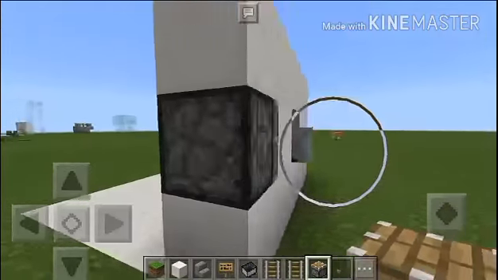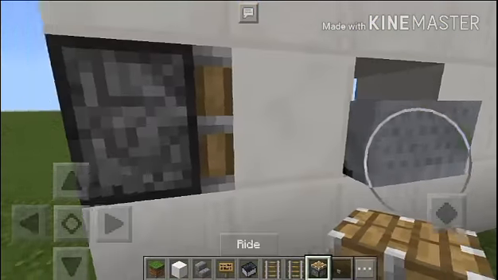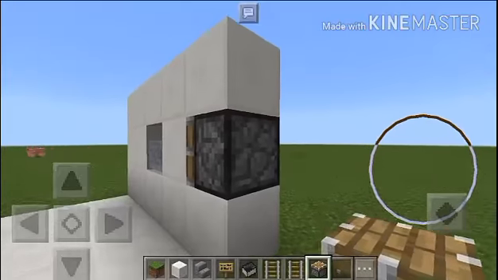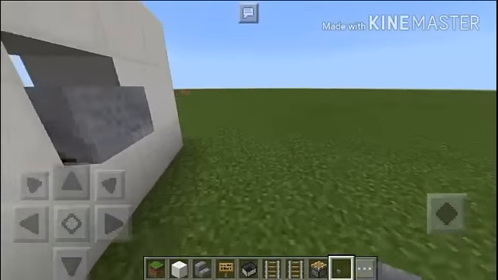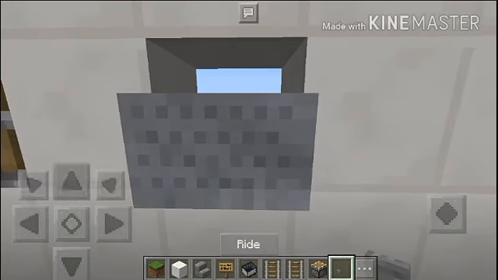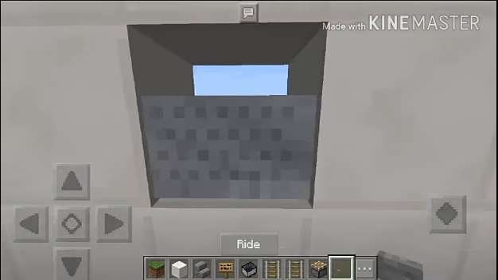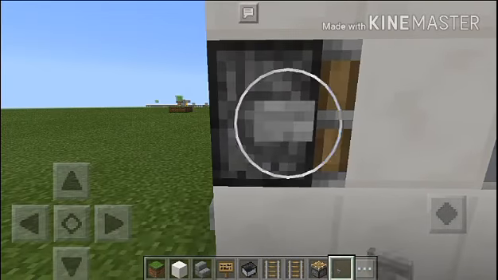That's the cover that minecart, and you push a little, push like that, and you push.